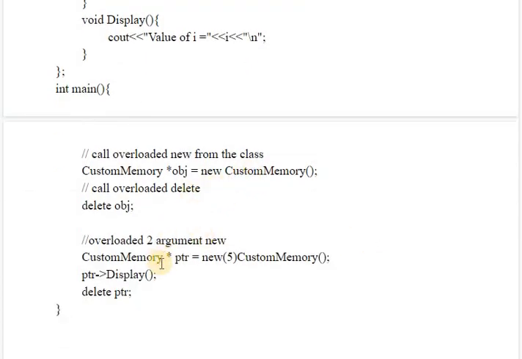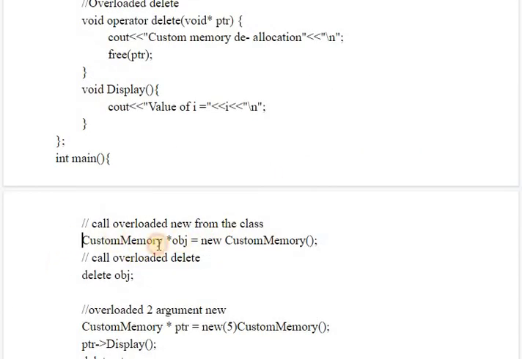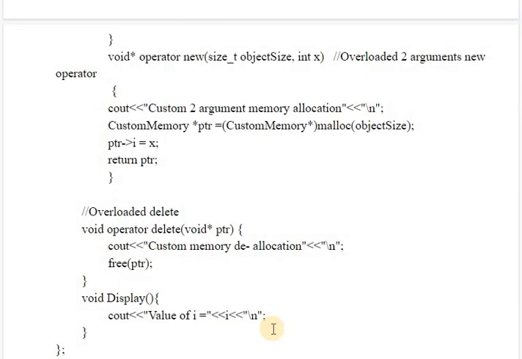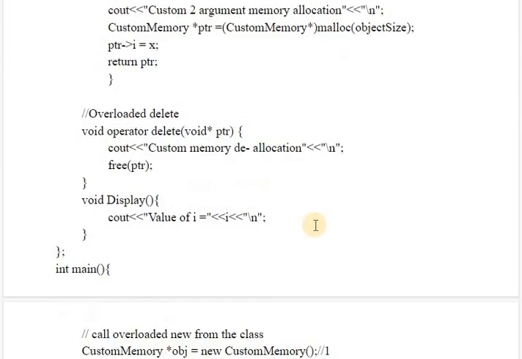When I am calling this, then custom memory is calling the new operator overloading for one argument, like here in this one, which had one argument, so this will match the first statement. Okay, and here I can also write the numbers so that you will be able to match which calling matches which definition. So it is number 1. This one is overloaded with 2 arguments, so this can be 2. I will write it as a comment. So this is definition 2.